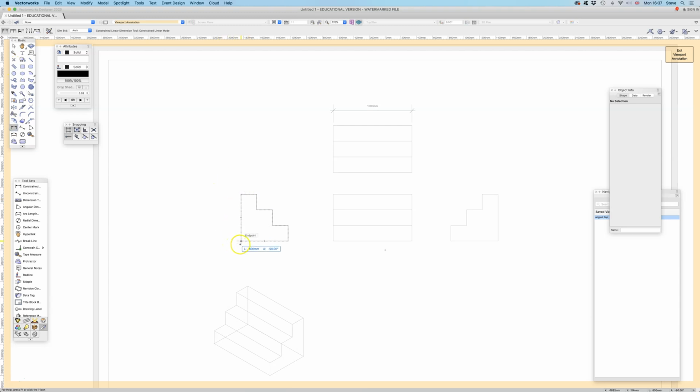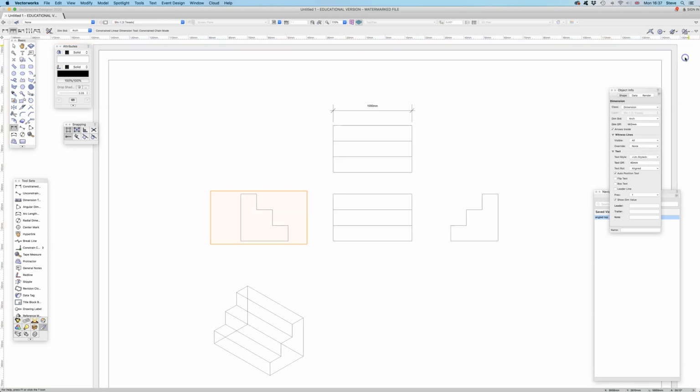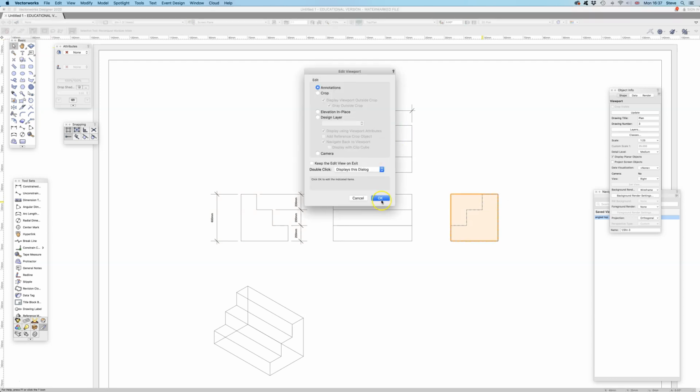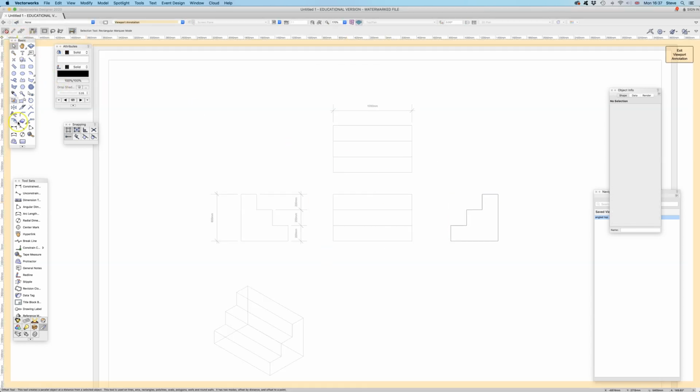So we'll do click, click, and we'll maybe do a chain dimension on this side just to show that we know what we're doing with chain dimensions. Okay, that's that done. This one here, just again for practice, I'm going to double click Annotation. I'm going to go into the dimension. I'm going to use the baseline dimension for this one, and we'll just do click, click,